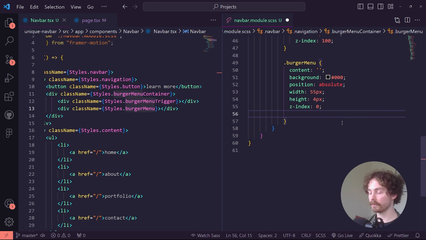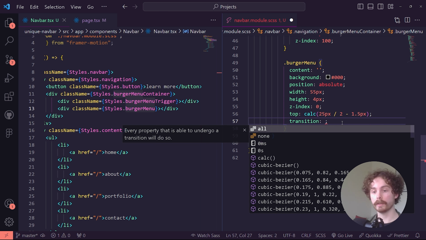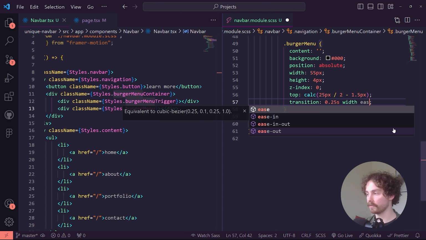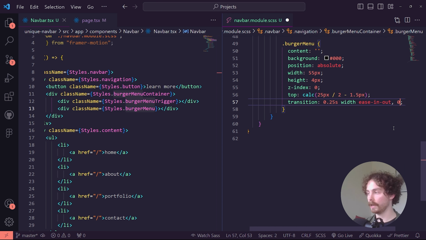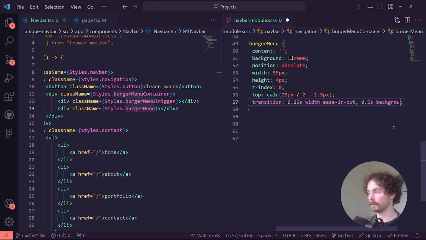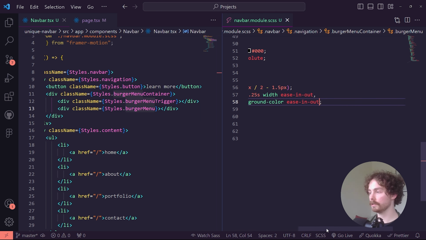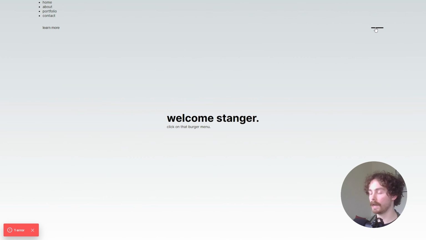And then we also want to give it a top value with a calculation of 25 pixels divided by 2 minus 1.5 pixels. And then for the transition between the toggle on and off states, let's target something like 0.25 seconds to the width itself. Let's give it an ease in and out property. In addition, we want to give it 0.5 seconds to the background color and give it an ease in and out value like so. So once you've done that, if we go back into our file here, we can now start to see the